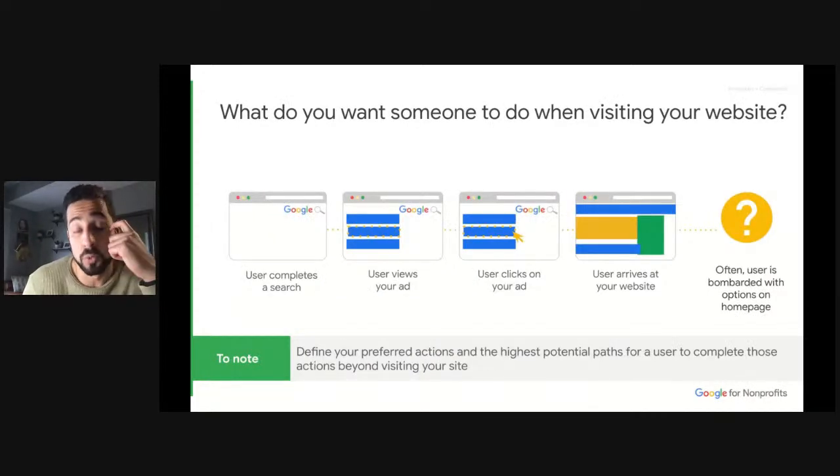So one thing that's really important when you're thinking about advertising is thinking about where users are going to end up, right? Most of the time that's going to be your website. So you want to make sure that you have a really high quality website. And if you haven't given that much thought, this is a great opportunity for you to consider what users' experience is when they land on your website. So what do you want someone to do when they visit the website? Is there a clear call to action, or is it easy for them to understand how to get to the